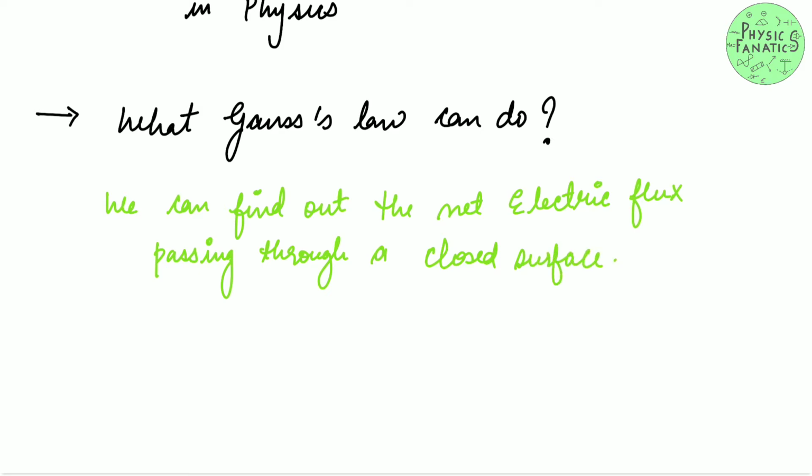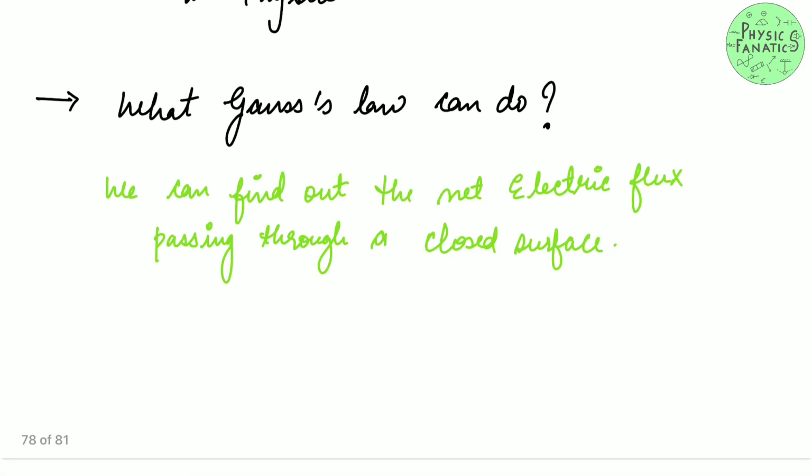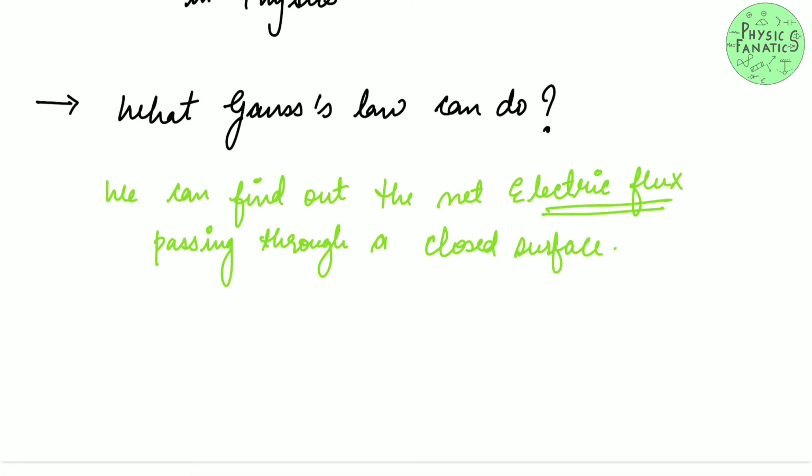Now I'm sure there must be a lot of questions in your mind. I'm talking about electric flux, which means I'm actually talking about electric fields, right? And there are two things that I'm sure you must be having. First, we have studied electric flux in our previous video, and we know how to find electric flux through a surface that the field passes through perpendicularly. We know flux, which is represented by phi, can be given as E dot A. We know how to calculate that.